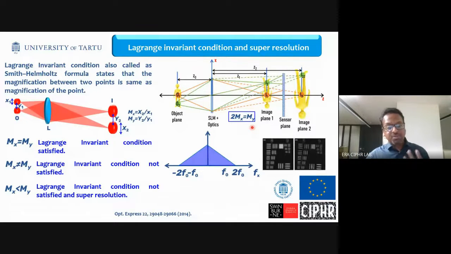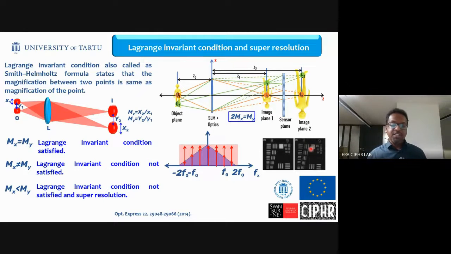So what does it do to the modulation transfer function? We have already known the modulation transfer function of a regular incoherent imaging system is like this. This is what happens in a regular incoherent imaging system, whereas in Finch, it becomes like this. So the resolving power of Finch is actually twice as much as that of a coherent imaging system, or approximately 1.5 times that of a regular incoherent imaging system. And these are the 2 images obtained for the regular imaging system, and this for Finch.